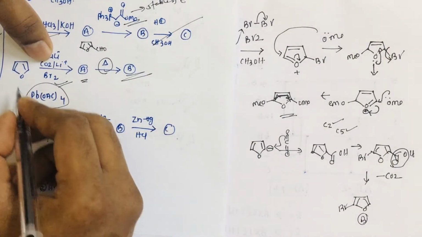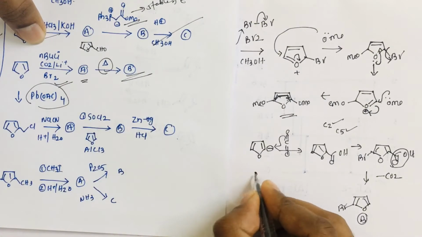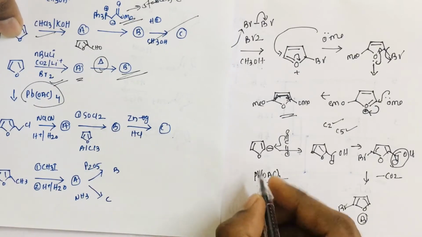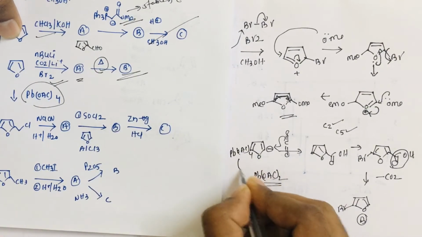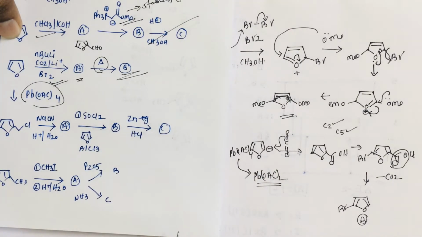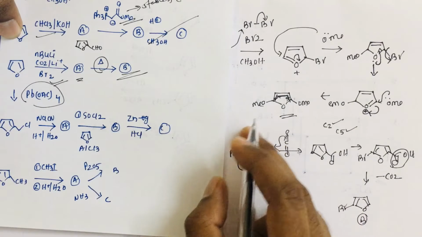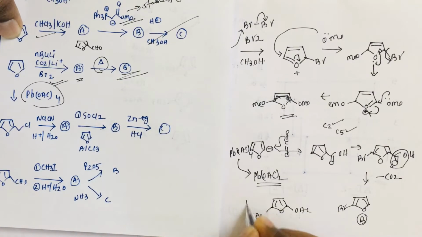And then we are treating a furan with Pb(OAc)4. So here the byproduct is Pb(OAc)2. From Pb(OAc)4, the byproduct is this one. That means two acetate groups are reacting here. So those two ester groups, as I said, go to the C2 position and the C5 position. Okay,